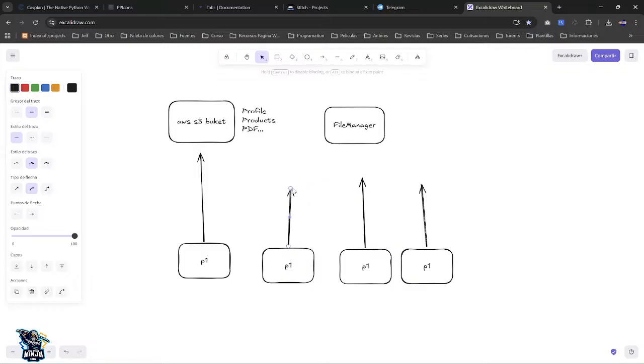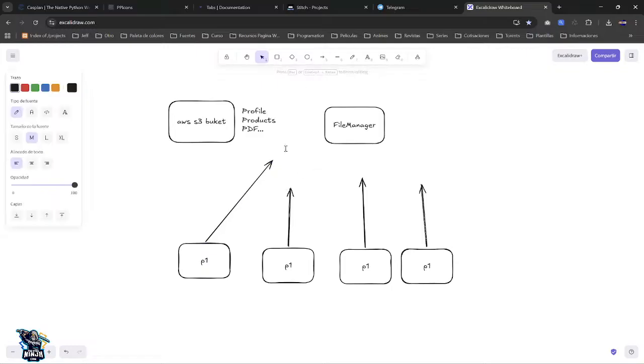Each is going to have its application, let's say P1, which is going to have its own file management, handling file management. So each is going to have its own space in this case,